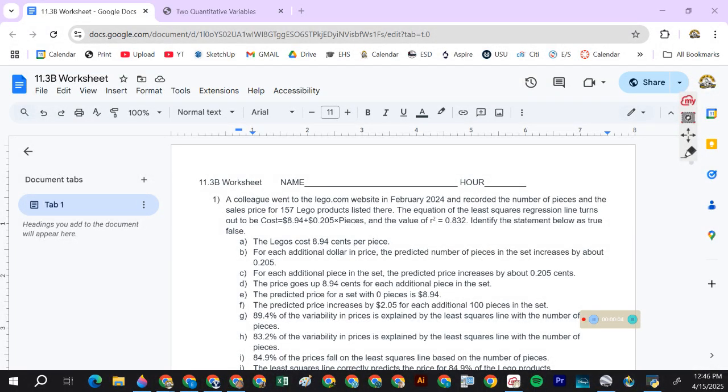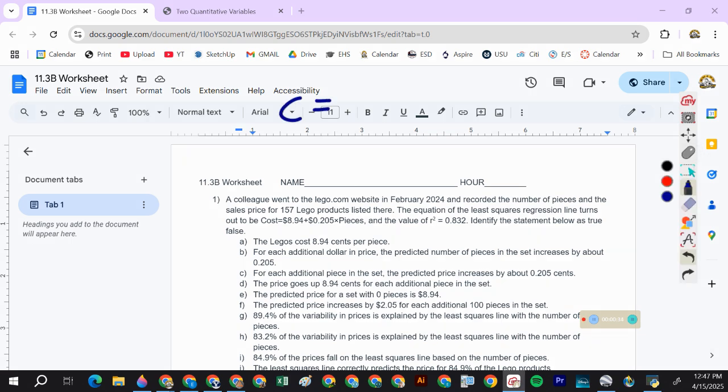11.3b. So you have four situations, and the first one: a colleague went to the Lego.com website in February 2024 and recorded the number of pieces and the sale prices for 157 Lego products listed there. The equation of the least squares regression line turns out to be, so I'm going to write this up here,